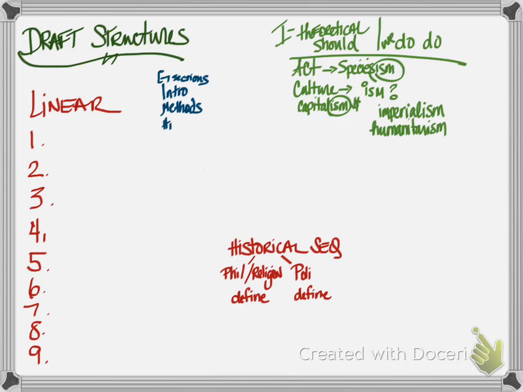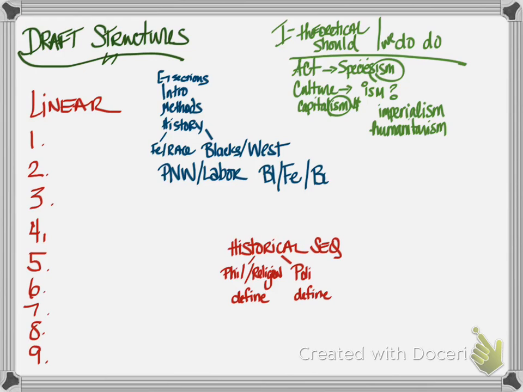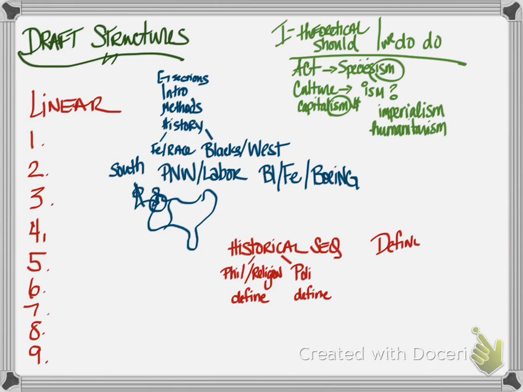Okay. For another paper, this paper already has intro and methods, and then there's the history, and we tried to talk about what the different sections are. One of them was about women and race, another blacks in the West, another Pacific Northwest and labor, and then a final one on blacks, women, and Boeing. And it sounded to me like what really might be going on is that there's really a